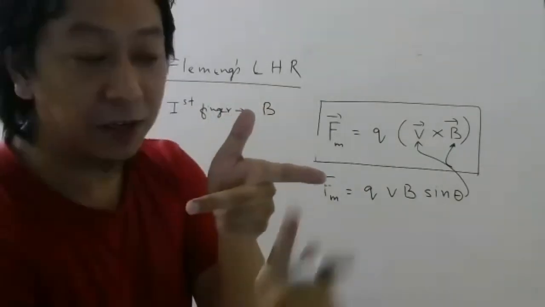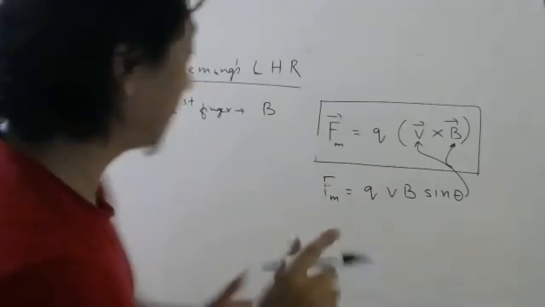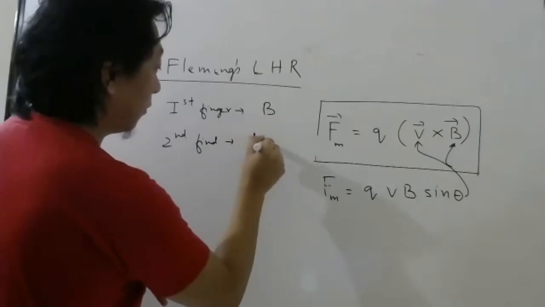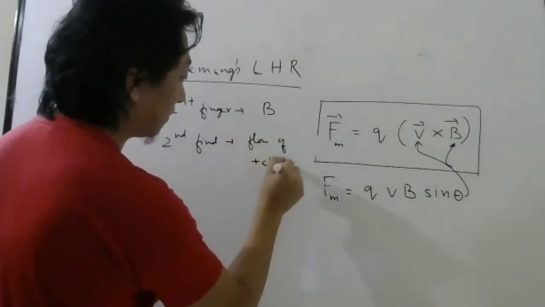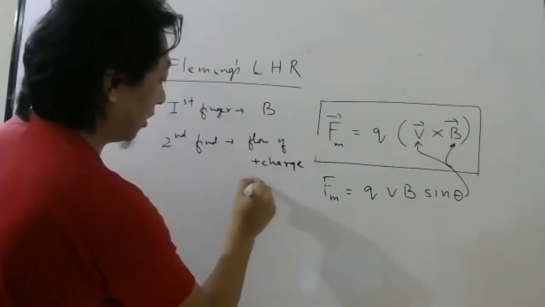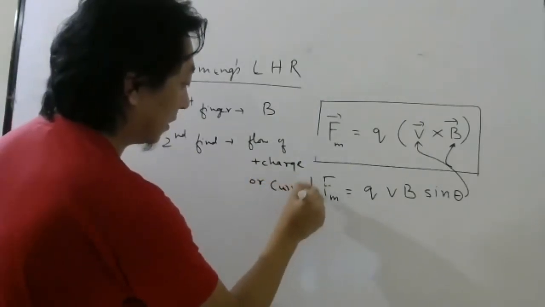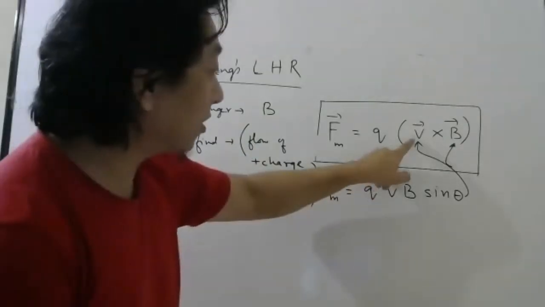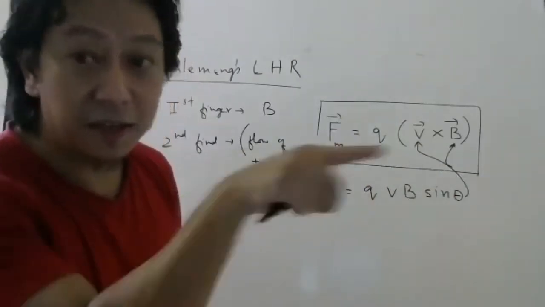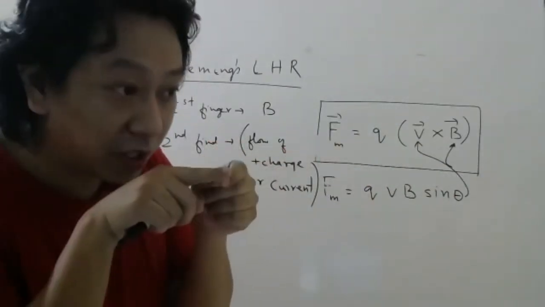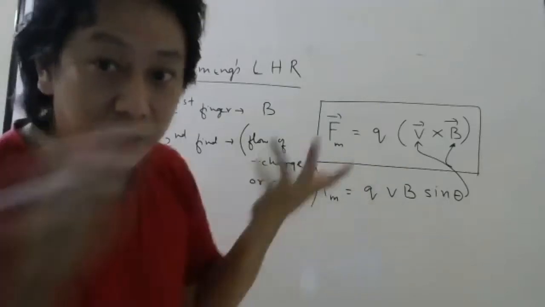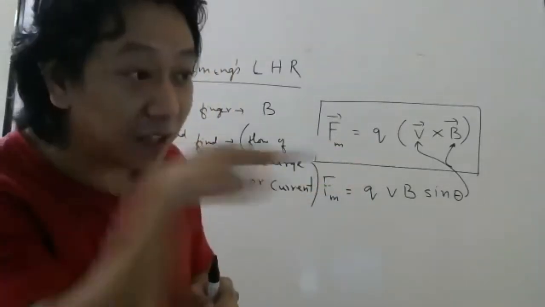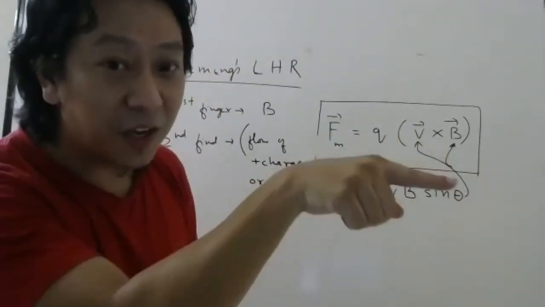So wherever the magnetic field is, put this there. The second finger is along the flow of positive charge, or you can say current. Okay, be careful. Current. Which means if the velocity of positive charge is this side, put this one there only, because if positive charge is moving this way, current is there only. Already we have learned in the electricity chapter. But if a negative charge is moving this way, current will be this way, remember.